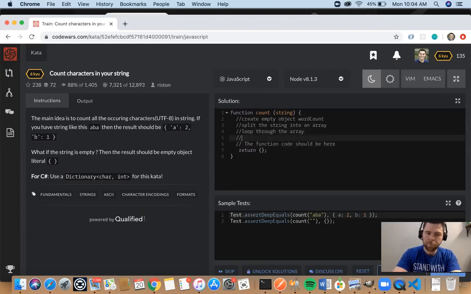Loop through the array. Let's just say array at index i, we're going to call that letter.